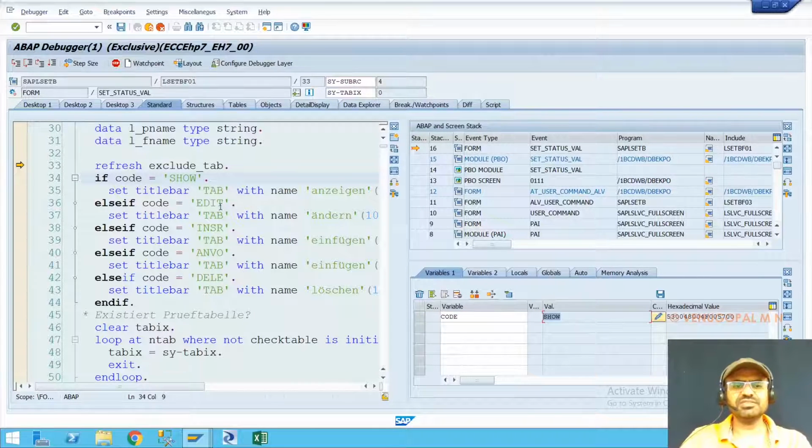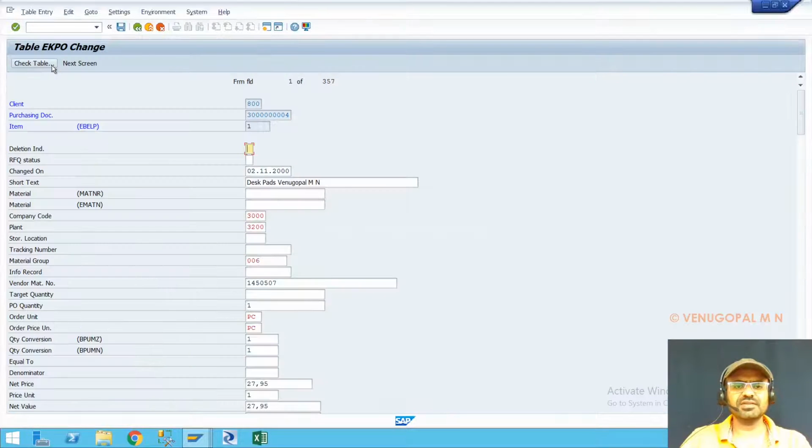If you want to change this to edit mode, all you have to do is change the value of this code variable to edit. Click on the edit button. Now you have to change this to edit. Once you do that, all you have to do is press F8 or the continue button from the debugger. See, now you can see earlier all these fields were in disabled mode. Now it is in editable mode. You can enter anything.